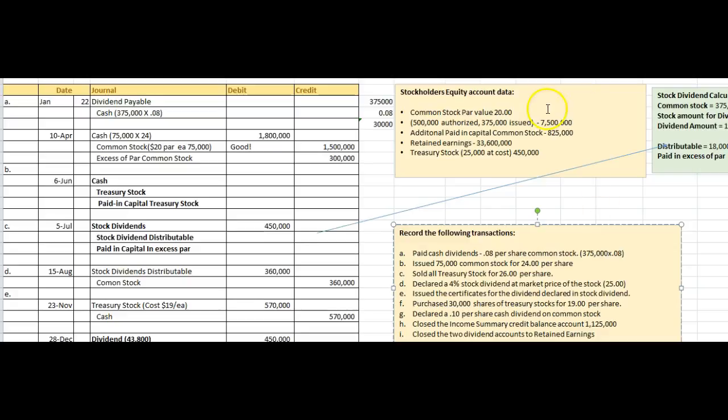So that one would be taken care of. So this one is 30,000 debit and $30,000 credit. So that one's not bad. This one's good. Excellent. The next one's a little bit confusing. So that was B. We issued